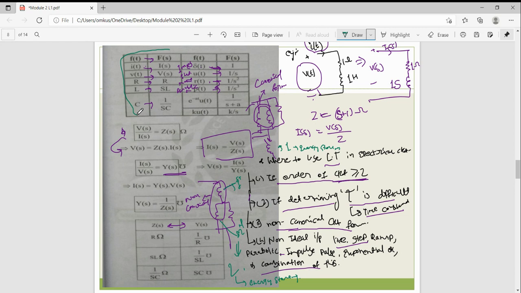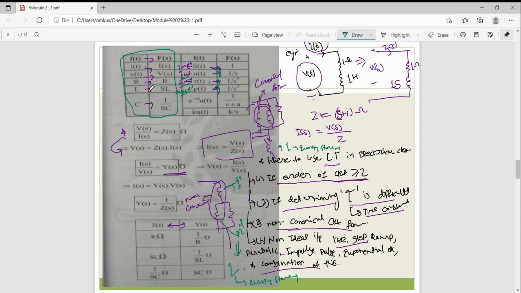And when you see the functions, whatever the input is given, these are some standard functions. This is nothing but an impulse input, this is a step input, this is a ramp input, and this is parabolic, p of t. This is your parabolic input, and this is the respective output in terms of the frequency domain or s domain.